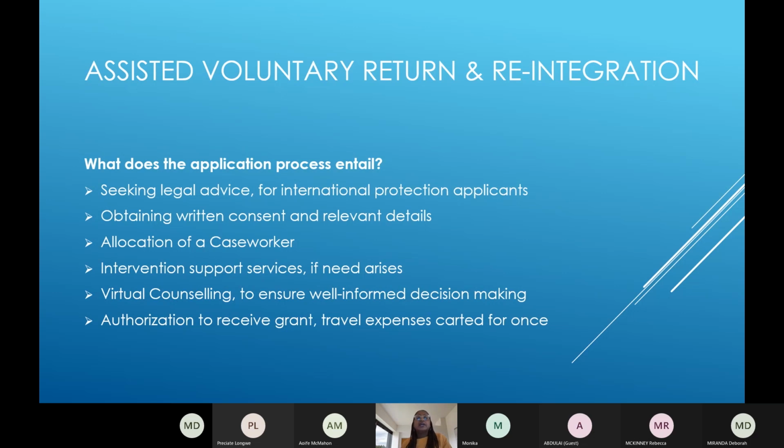application. And we would also want to understand details such as where you are originally from or where you are returning to, because for some countries, maybe because of human rights reasons, we might not be able to assist with people returning back to that country of origin. So it is important for us to obtain as much information as possible.